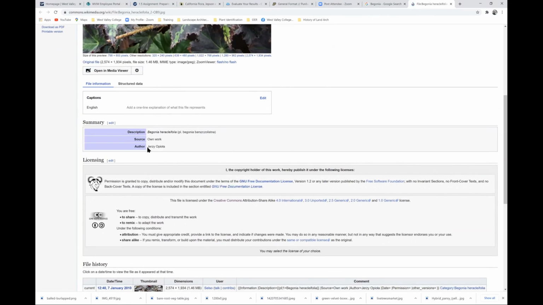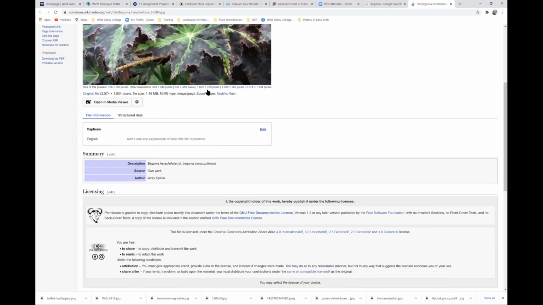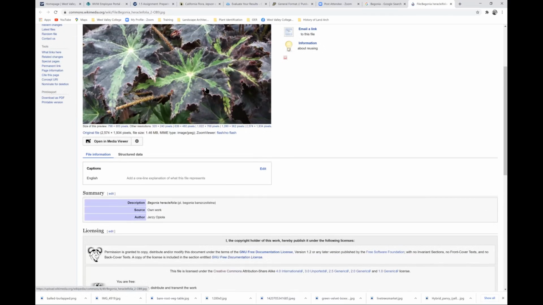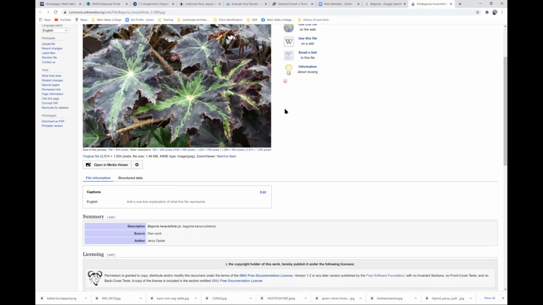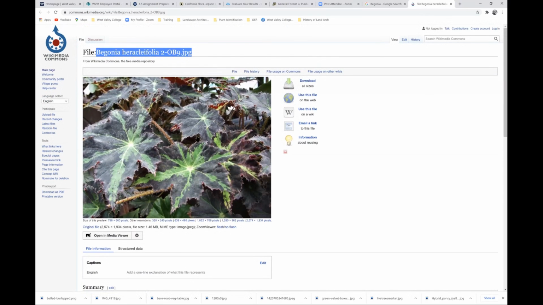So in this case, Jersey Opiola was the one that created this photo. So in the attribution, you have the title in quotes, by, and you have the author. And then you say, is licensed under Wikimedia Commons.